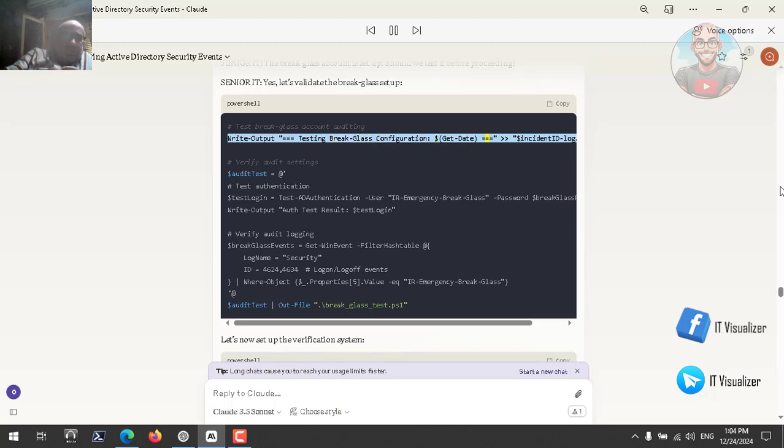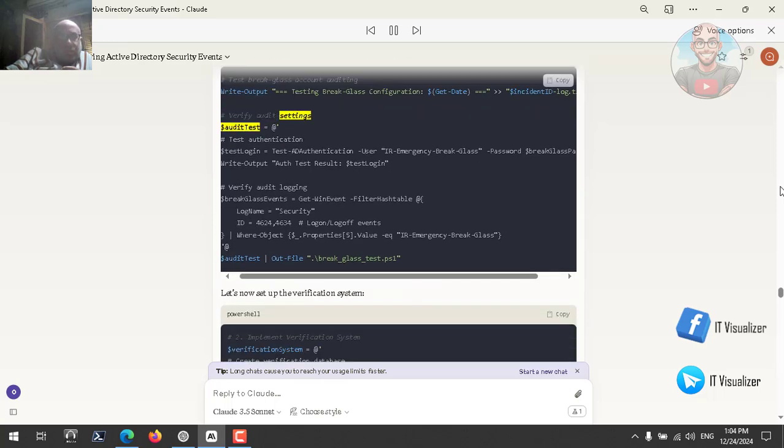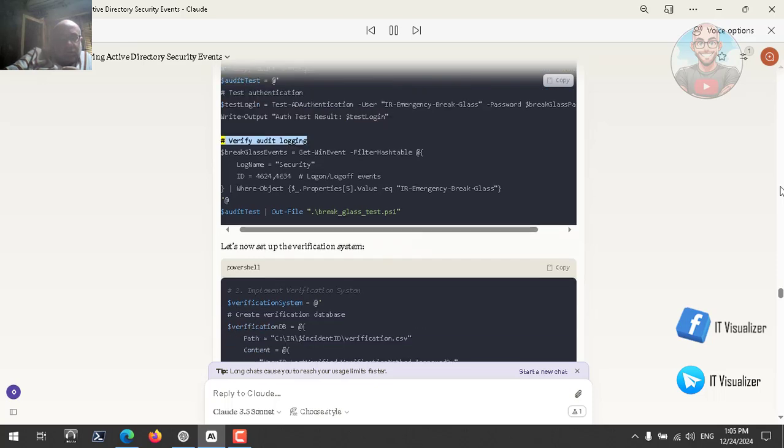Get-Date >> $incidentID log.txt. # Verify audit settings $auditTest = @(). # Test authentication $testLogin = Test-Authentication -User IR-emergency-break-glass -Password $breakGlassPassword. Write-Output "Auth test result: $testLogin". # Verify audit logging $breakGlassEvents = Get-WinEvent